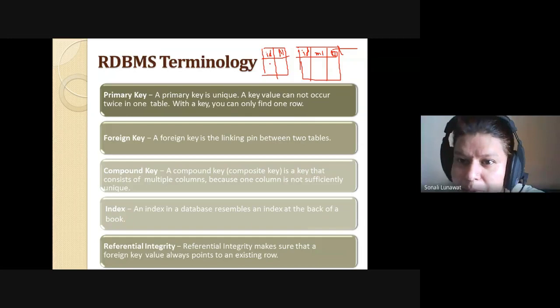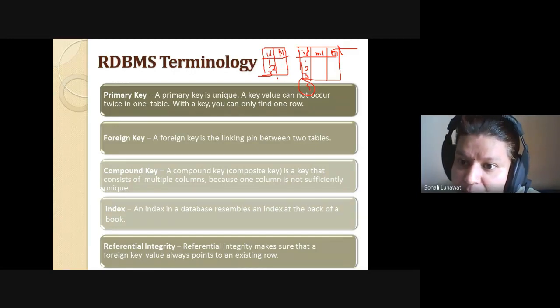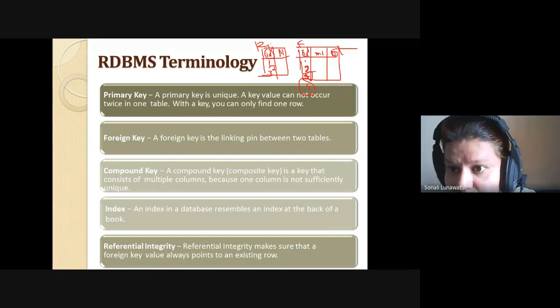Now, if I have roll numbers 1, 2 and 3, then results of 1, 2, 3 should only be there. We could not add 4 here. Roll number 1 has some name, and we are only entering 1 to 3. It might happen that 3 has not given the exam, so we could not write 3. That will do, because it should be entered in the primary key. If you are not using a foreign key table, it can make sense. But suppose here you will not find any roll number 4, which is the primary key, and this is the foreign key. ID is the primary key here, and the foreign key ID is here.